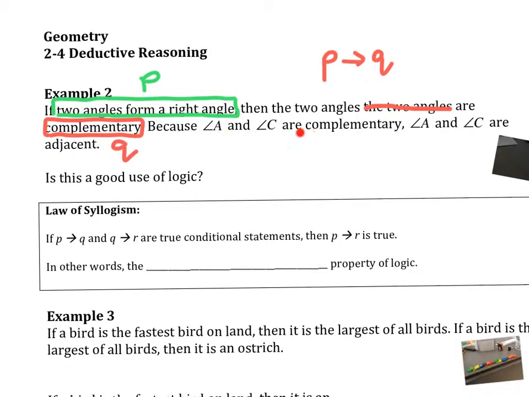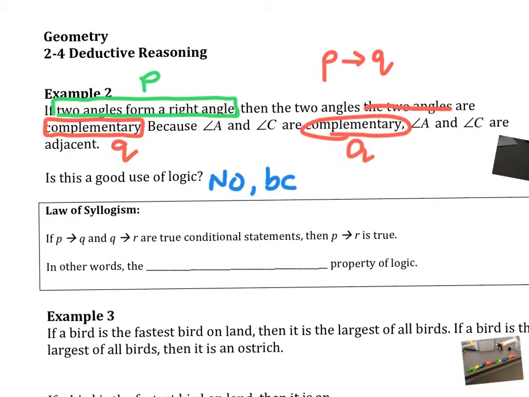However, let's see what's happening here. Is complementary P or Q? Look, this is complementary that is happening. It's actually Q. So where did we end? We're actually here. We're not starting at P and knocking down all the dominoes. We're just at Q and that domino's down. That doesn't mean anything about the previous dominoes. The dominoes before might be down, or just this one got knocked down somehow. Okay? So, is this a good use of logic? And the answer is no,